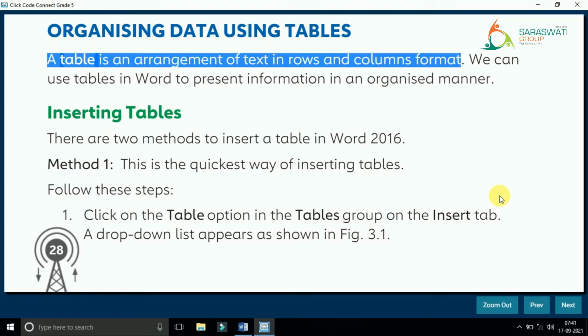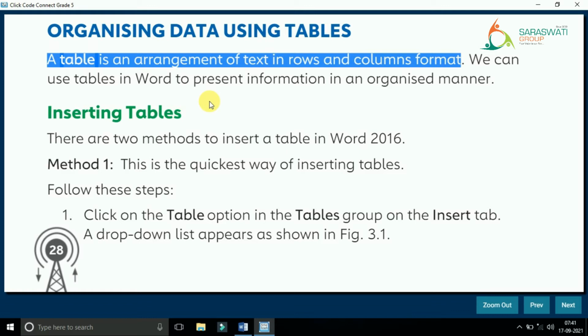You will see there are some rows, that means horizontal lines, and there are certain vertical lines, right? And that combination will make what? A table, right? So we can use a table in Word to present information in an organized manner, okay?